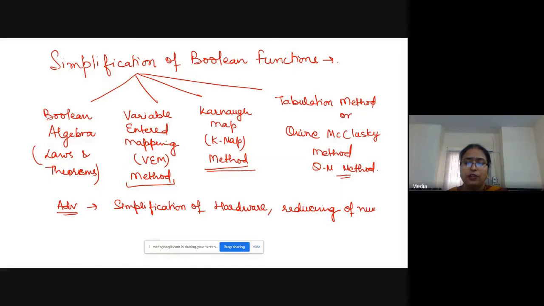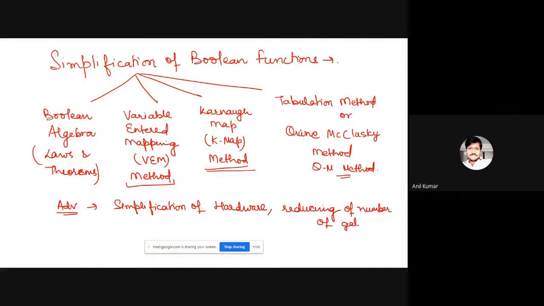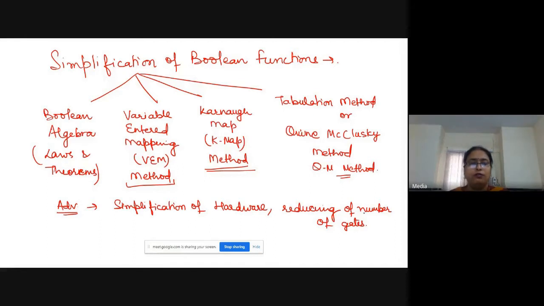This is what you are doing while simplifying a Boolean function using Boolean algebra, you were reducing the number of gates. Yes, ma'am. So now, why do we need other methods?